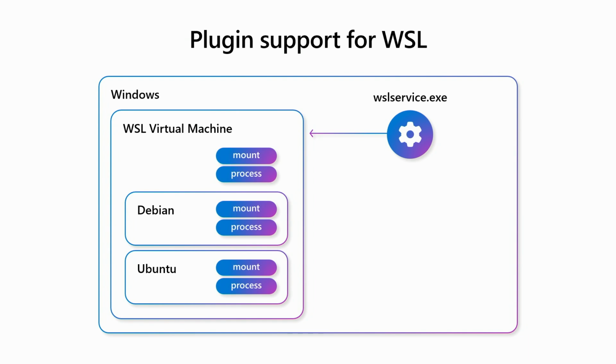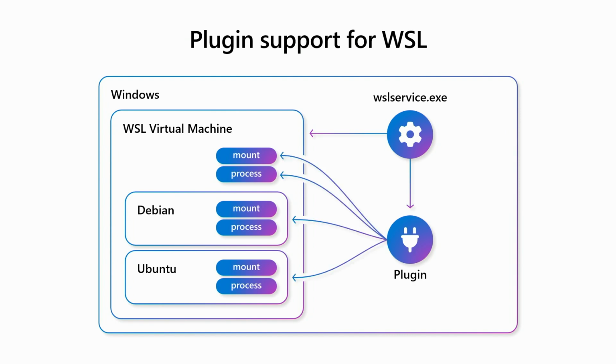When a plugin is installed on a machine, it is installed by editing a registry key that is only writable by administrators, and plugins require signatures to be installed. When a new plugin is installed, it is loaded by our service and is then offered an API that allows it to interact with the virtual machine. This means that a plugin can run processes, run commands, look at their outputs, look at the files, list the distributions that are installed, and based on that, the plugin can get signals on what's happening inside of WSL